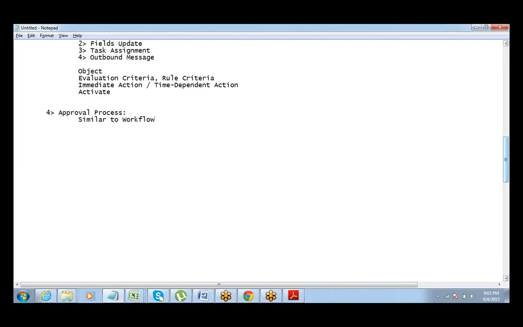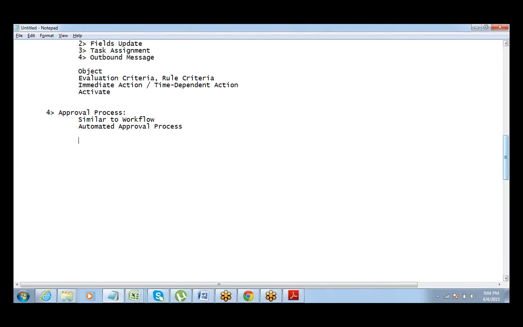What is the difference? The difference is that an approval process is a complete approval process, right? So here it's an automated approval process where the approval process gets initiated, then it is either approved or rejected. There is an email which goes to the approver, and then the approver either approves or rejects it. Okay, so this is an automated approval process. It's pretty simple.